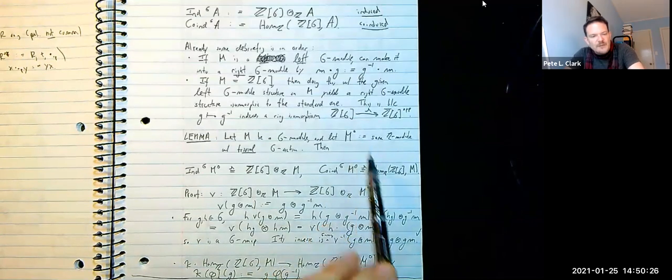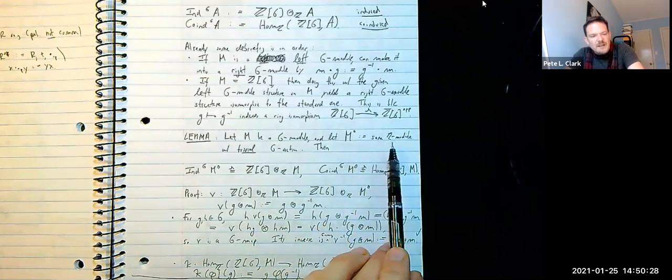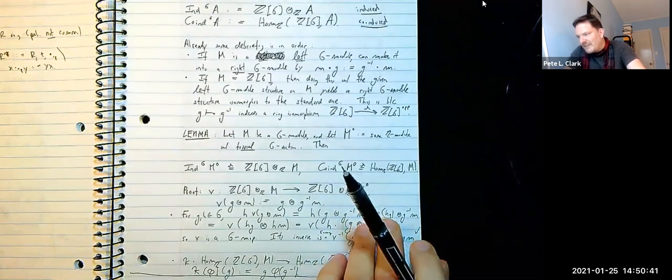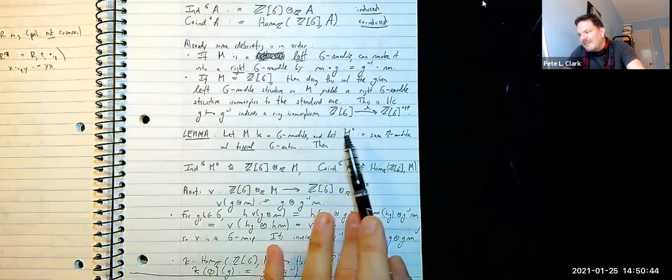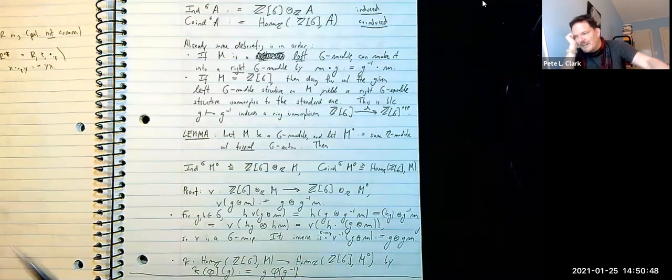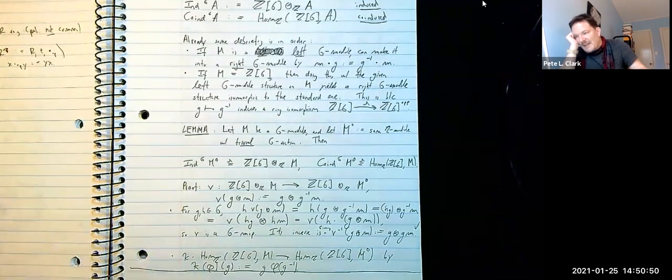I don't know. So if I have a G module M, I'm going to denote by M circ the same Z module, the same as M, but now I'm going to redefine the G action to be the trivial action. So I've stripped away the G action. I haven't taken the invariants. It's the same module, but the G action is redefined to be trivial. And then the lemma says that